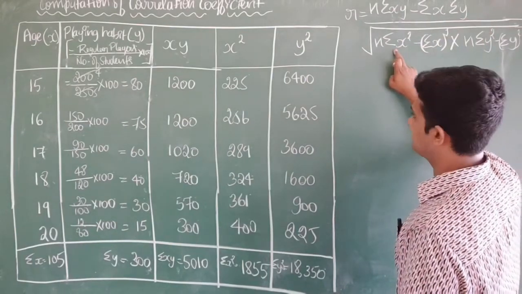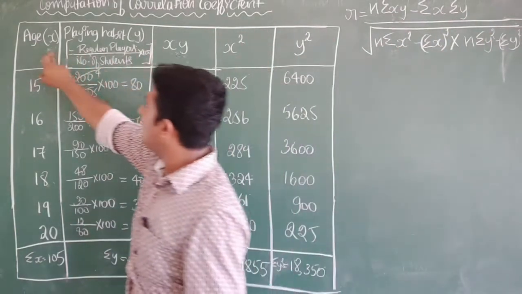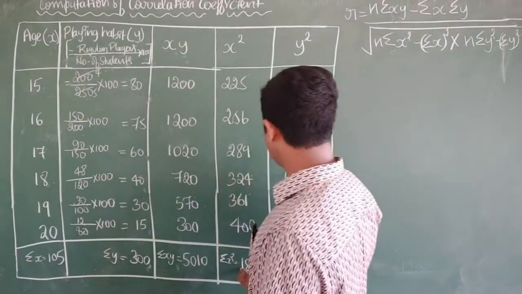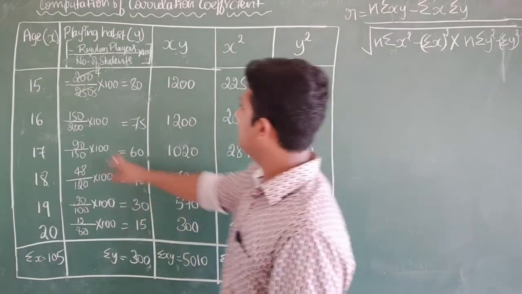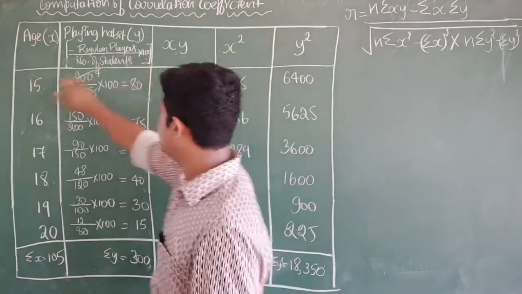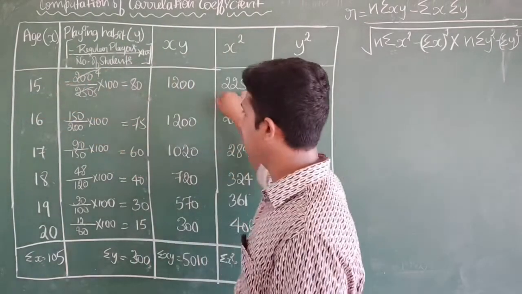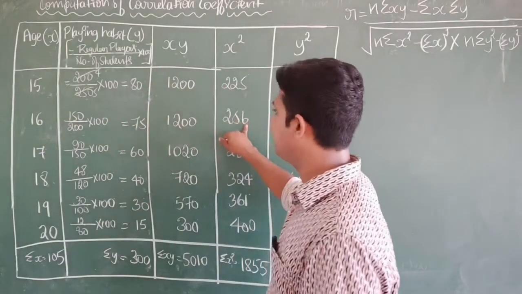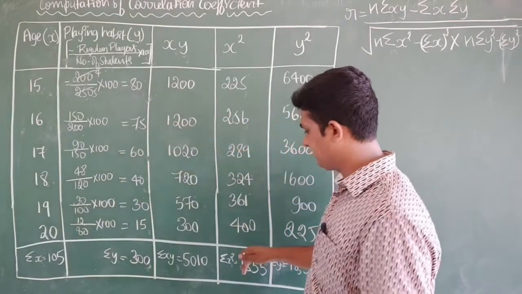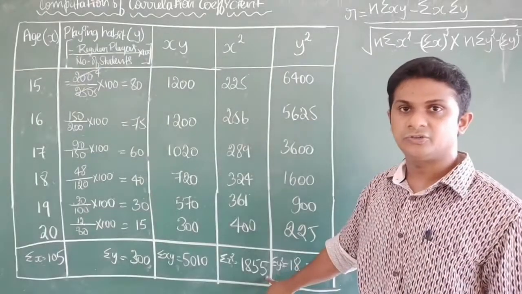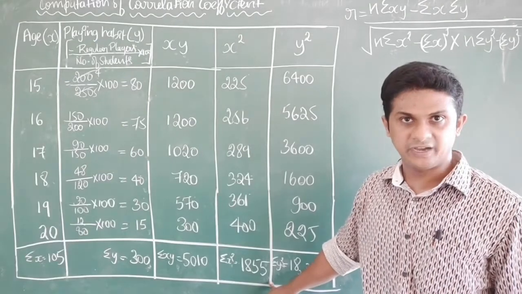Next we need sigma x square, that is the square of x. Then we need to add it up to get sigma x square. So we are finding the square of the x values. 15 square is 225. 16 square is 256. Similarly for other variables. Then we are adding it to get a sigma x square value, which is